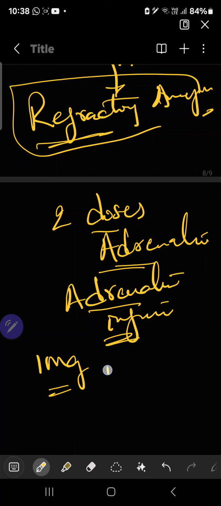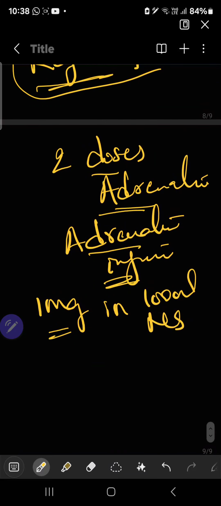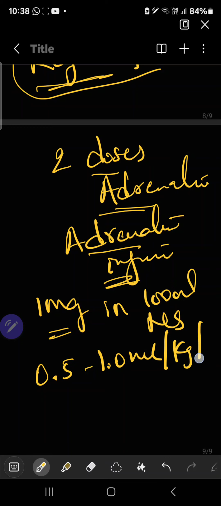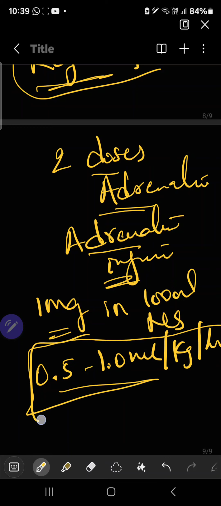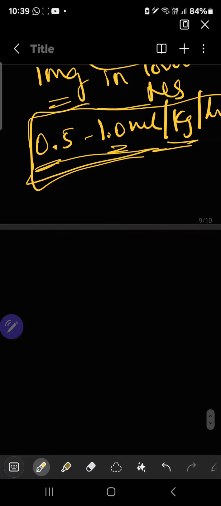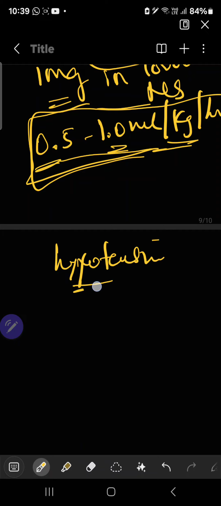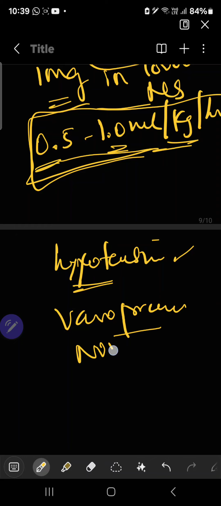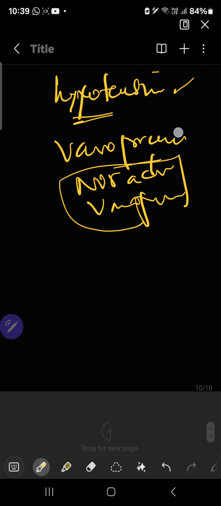Take 1 mg adrenaline in 100 ml normal saline, and give at a rate of 0.5 to 1 ml per kg per hour. This is important: 0.5 to 1 ml per kg per hour adrenaline infusion you have to start. And if the patient is still hypotensive, not improving his BP, you can add one more vasopressor like noradrenaline or vasopressin, and then